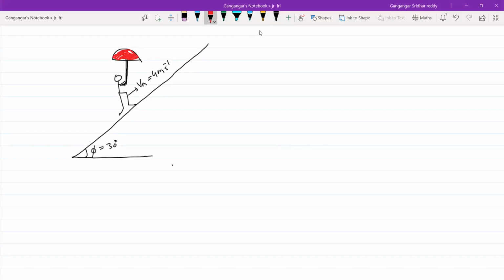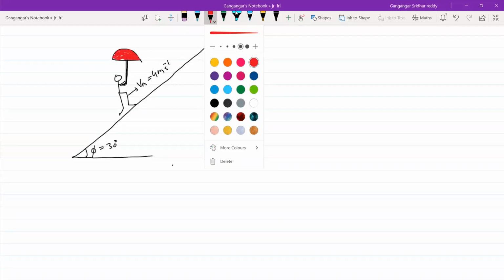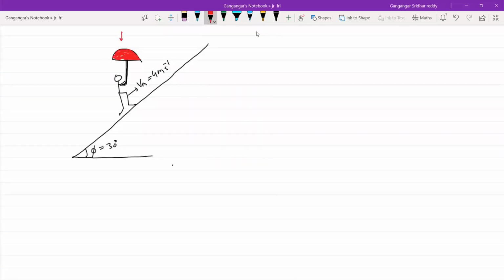Now, different types of surfaces will come, so this is the method you have to apply. What is the velocity of rain? The velocity of rain with respect to man is like this. He will hold the umbrella vertically down and the rain is moving up. And now, what is the question like? A man is